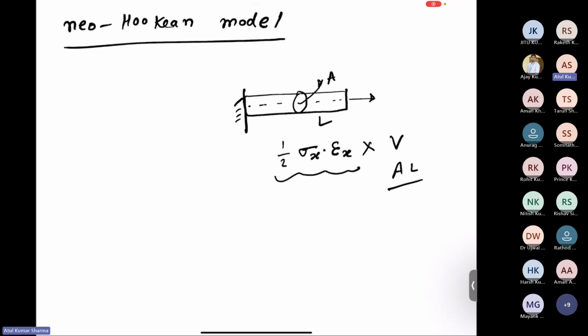So what is required to define the total elastic energy stored is the strain energy density, which is the strain energy per unit volume. I have directly written A into L because sigma and F are constant, but what is required is the strain energy density. If we use Hooke's law,